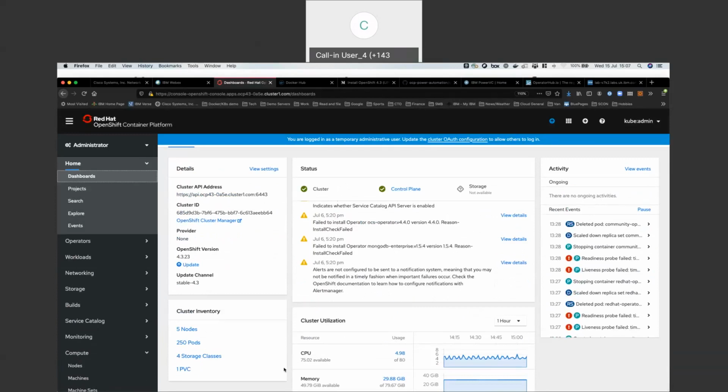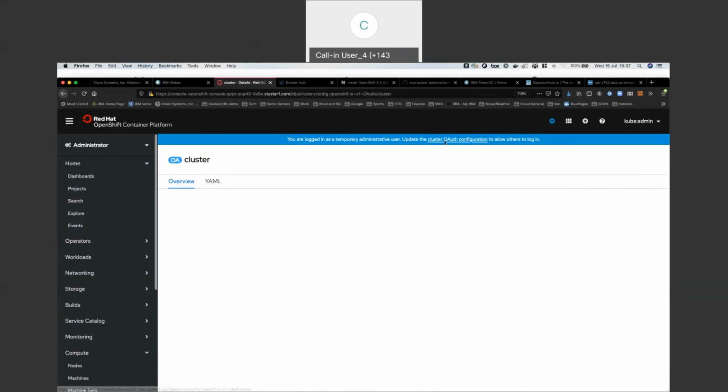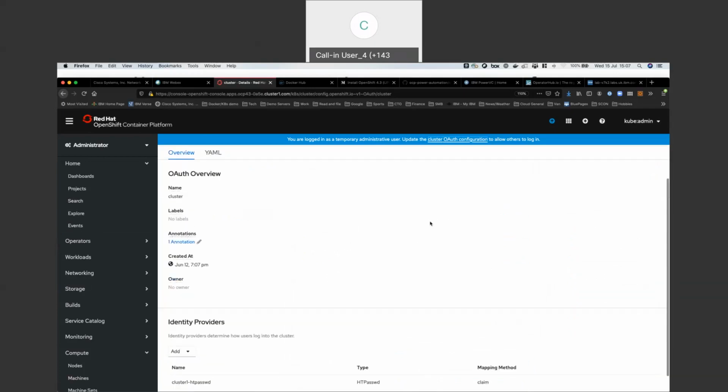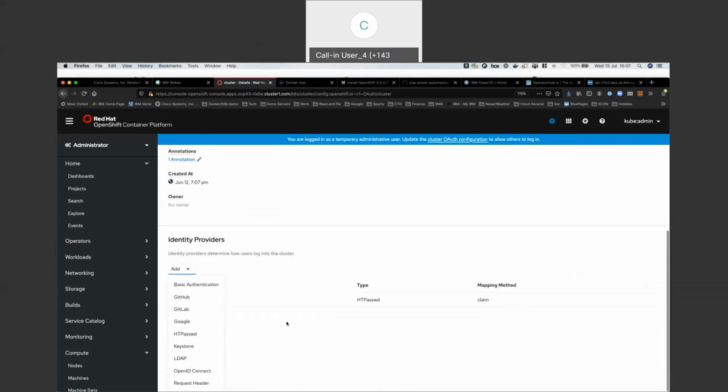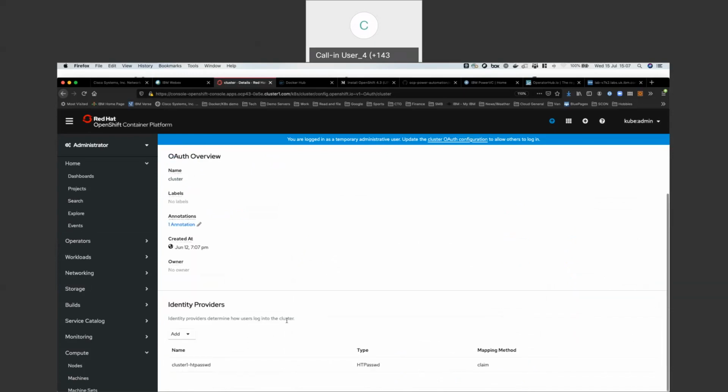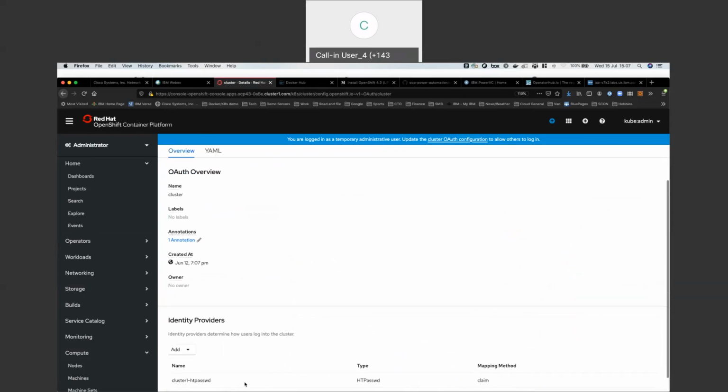So a few things I wanted to show you before we finish today. You'll notice first thing here when it comes up is you're logged in as a temporary administrative user. So that kubeadmin user that it showed me at the end of installation is the one that I log in as. So if I go onto here, it says that you can add other identity providers. So here's a list of all the other ones that I could use: LDAP, HTPasswd, and I've actually created an HTPasswd one here